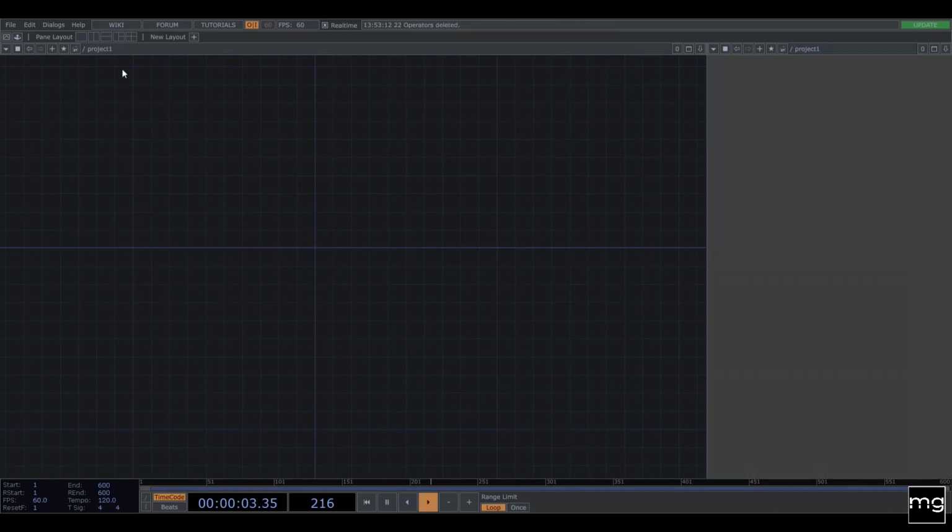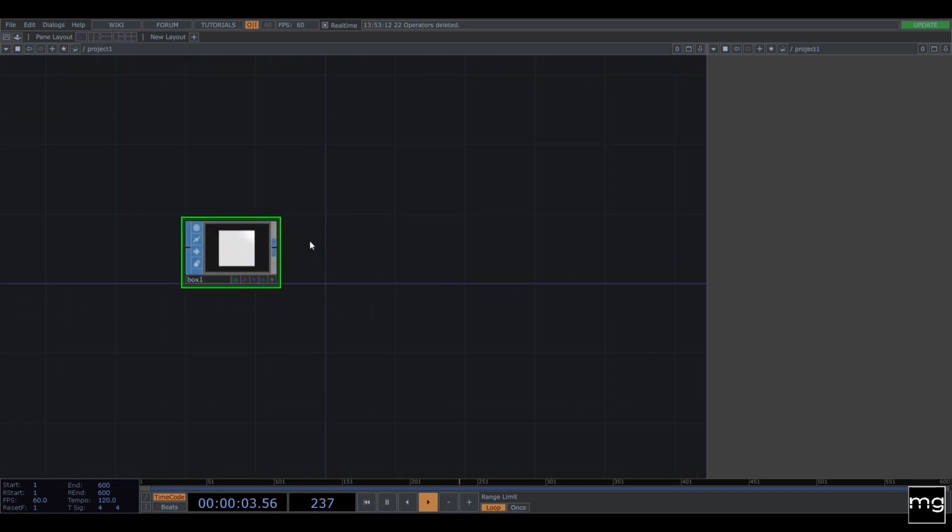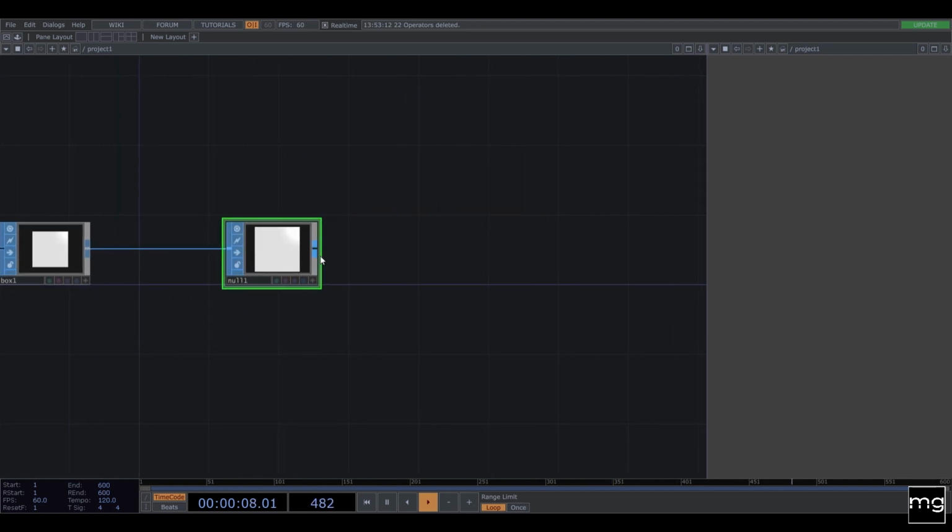I usually have a layout of halfway, so I have the top view, the result of my render, that I'm going to be outputting out here on the right side. So we're going to start with a sub box, and right away I'll add a node. From this node, we're going to create the render setup.